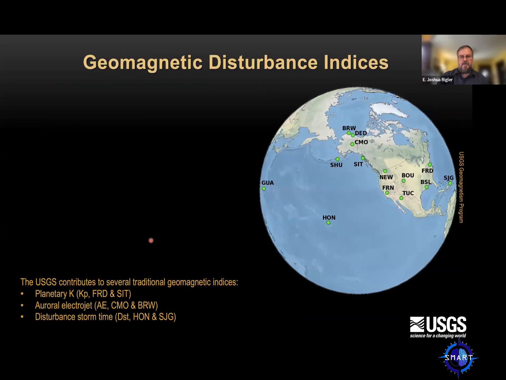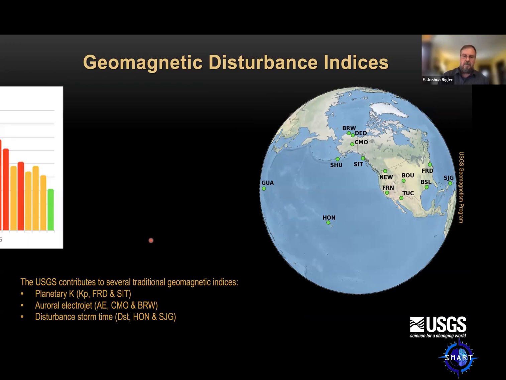And so in terms of space weather, traditional space weather, at least up until maybe the last 20 years or so ago, was largely revolved around global indices that were a global measure of what was going on with the magnetic field. And so one of the oldest was something called the planetary K index, or KP.